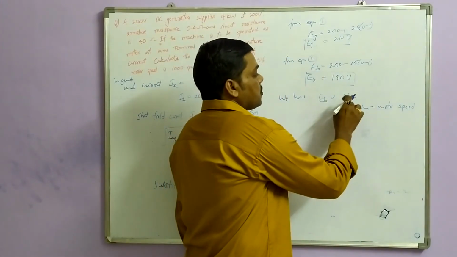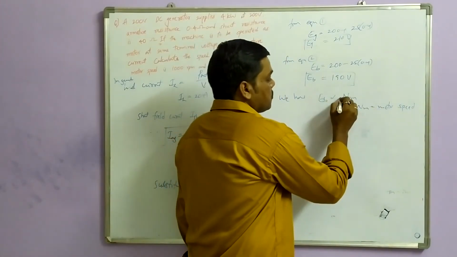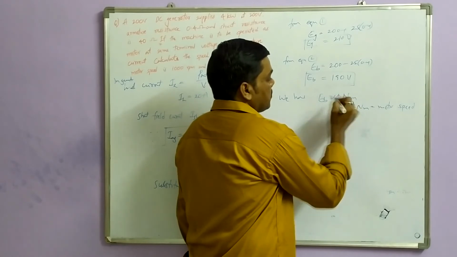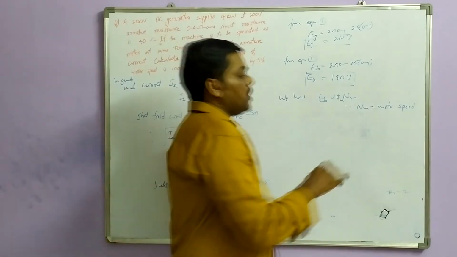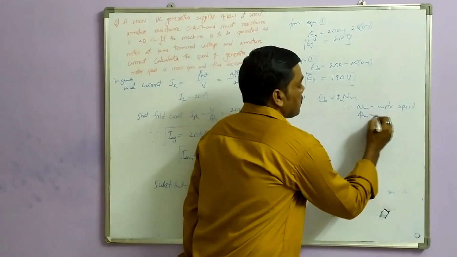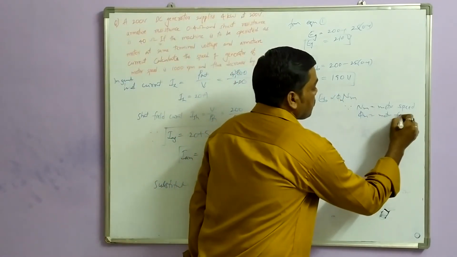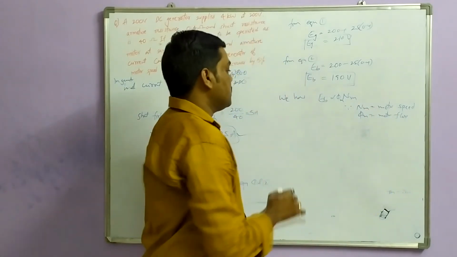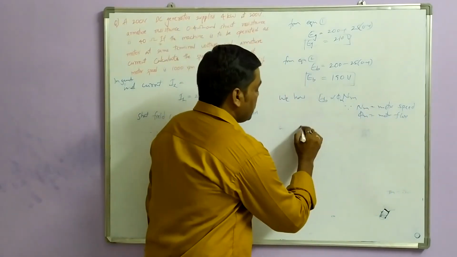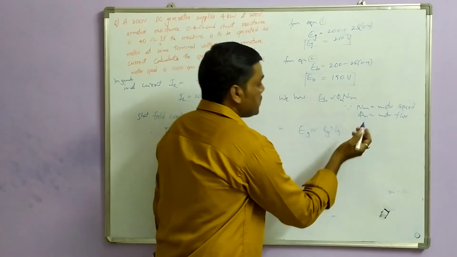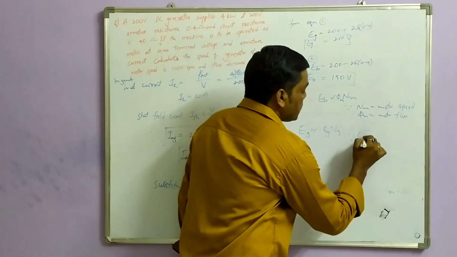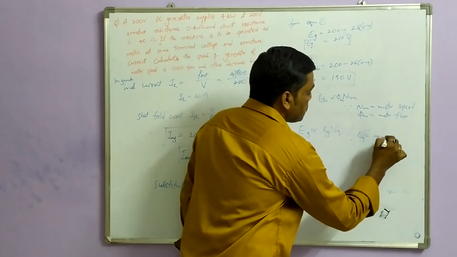So Eb is proportional to phi m into Nm, whereas phi m is the motor flux. Similarly, Eg is proportional to phi g into Ng, so that we can write phi g is equal to generator flux